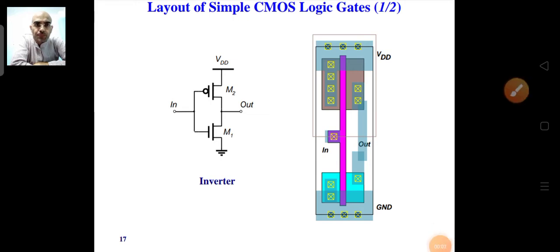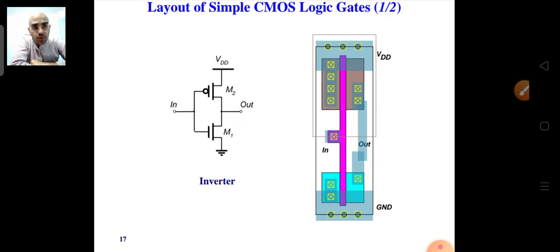Hello everyone, and in this last lecture let us discuss the last topics of this particular unit which we have left in our previous classes. In the last class we saw the NAND and NOR gates and how to find the threshold voltage of these gates. Now let's see the last topic, which is about the layout and the stick diagram.